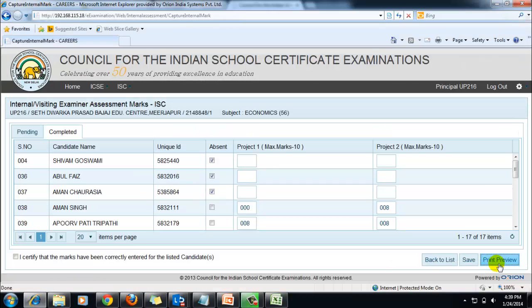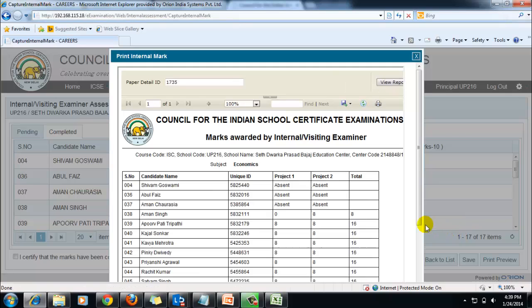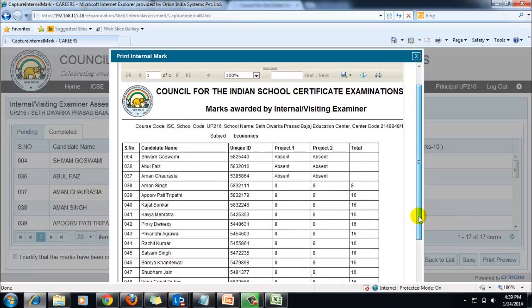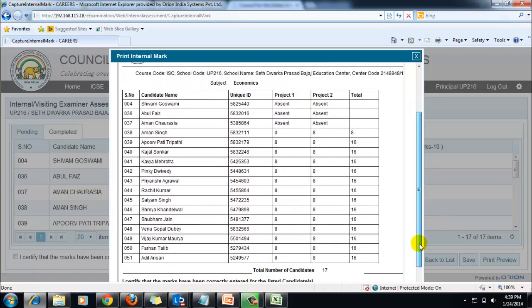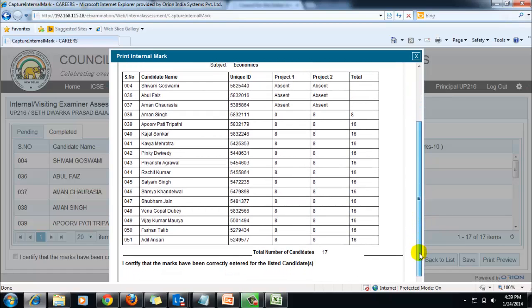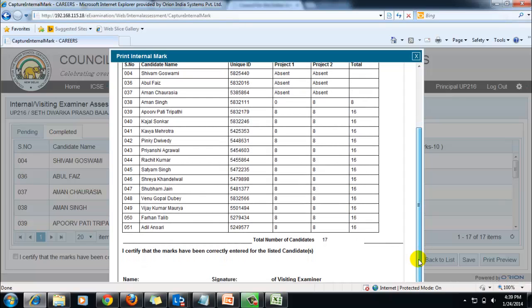Clicking this button opens a new screen displaying the entire list of candidates irrespective of whether internal assessment marks have been awarded to them or not.